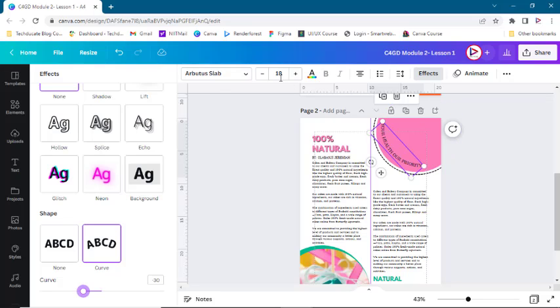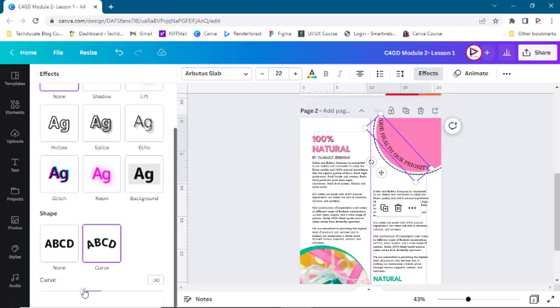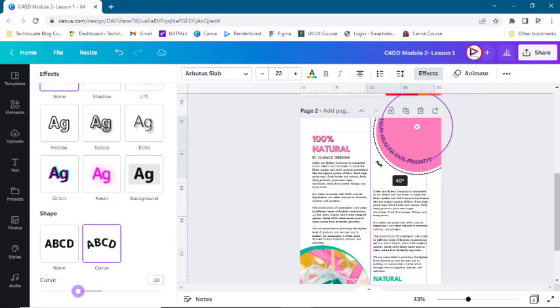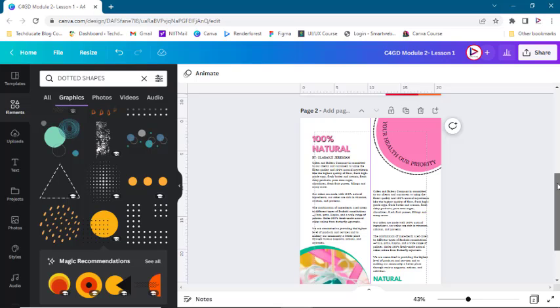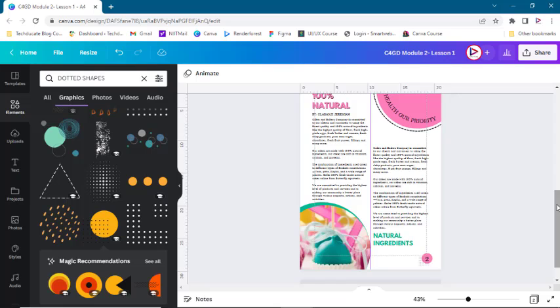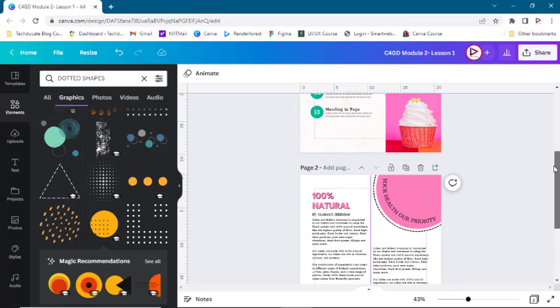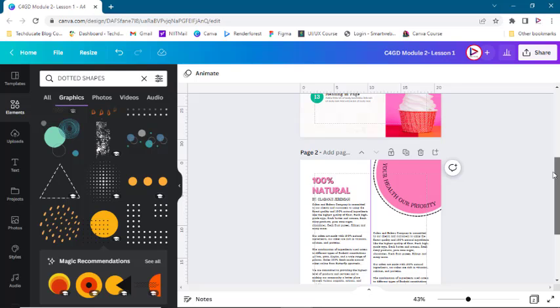Okay, I'll decrease the font size a little bit more, 22, and adjust the curve. Okay, I'm okay with this. Then I'll rotate it a little bit. Some parts of the text are almost falling out. Something like this, then move it this way. So if I'm done, I can just go ahead and save this. So that is all on this. So I want you to practice this out and drop your submission in